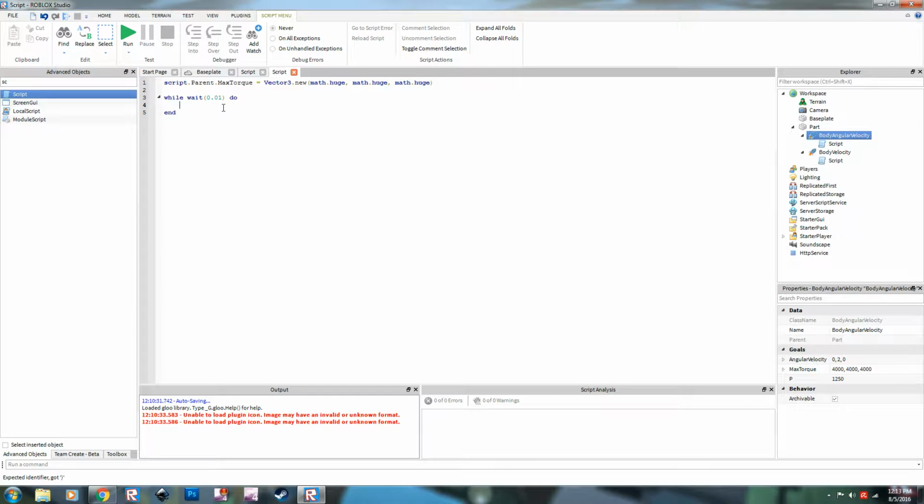There. So now what we're going to do is we're just going to increase the velocity. Well, actually, wait, no, I'm sorry, I was wrong. I don't need to. We don't need to do a while loop, because what it's going to do is apply that force forever until the force becomes 0 again. So we don't need a while loop. That was pretty stupid of me. So we're going to do